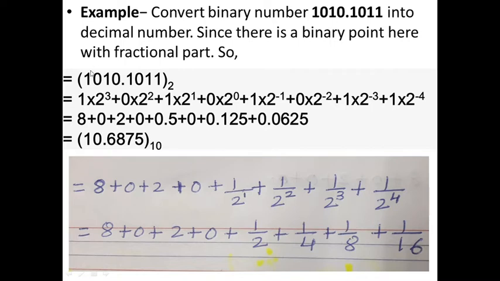So in this part the value is 10 and in the fractional part the value is 0.6875. Just combine them. Now for simplifying, what I prefer is, 2 raised to minus 1, 2 raised to minus 2, it becomes difficult to calculate. So what you do is you get them in the denominator, so you are making it positive. The same number 1 into 2 raised to minus 1 can be written as 1 upon 2 raised to 1. This is 0 into 2 raised to minus 2, so it is 1 upon 2 raised to 2 and so on. So it becomes easy to calculate.